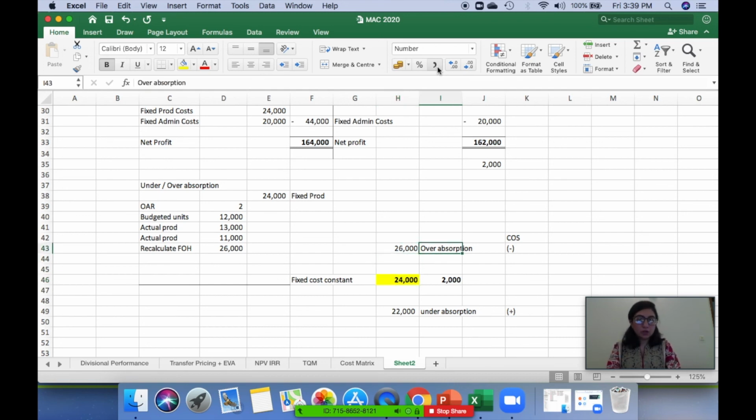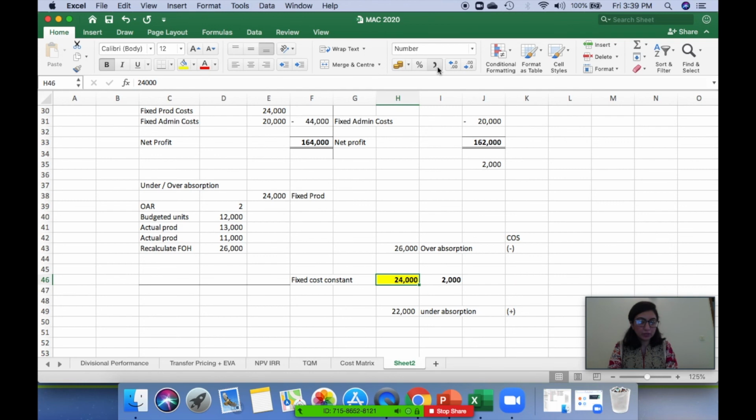Again, over-absorption means that you have created extra fixed cost which should not have been done. You want to go back to the original. You will reduce the difference created because of the change in production units from budgeted units, because OAR is always calculated on budgeted units and predetermined cost driver, not actual, not what happens later on, but predetermined, right? So overabsorption acts like an income and is deducted from the cost of sales because you're going to go down